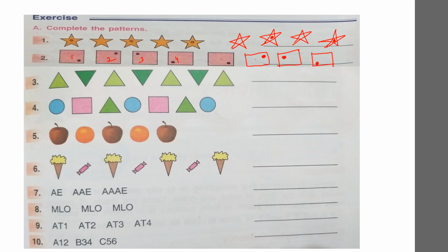Coming to the third picture, you can see a triangle which is facing below. Then a triangle with its base facing above. So like that you need to complete the triangles. So let us draw a triangle with the base above. Then again a triangle here. Okay. So here you can see only 2 patterns, that is 1, 2. A pattern gets repeated. Only 2 types of patterns are given to us.